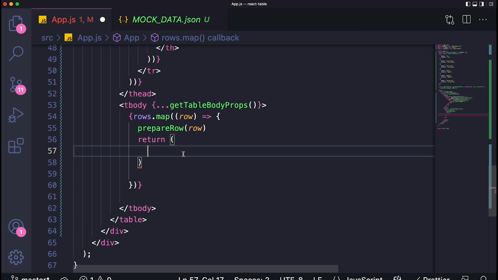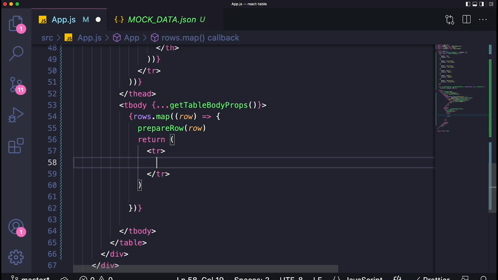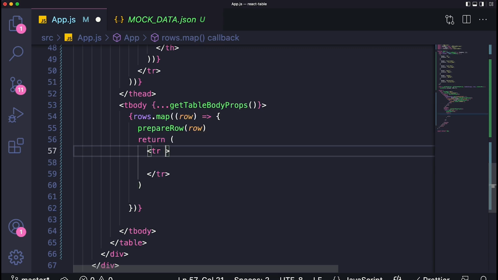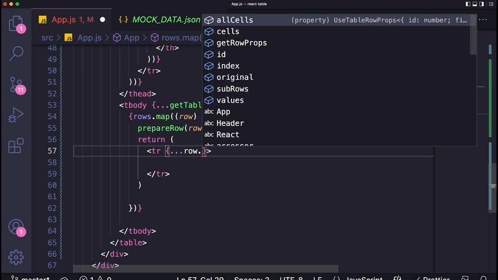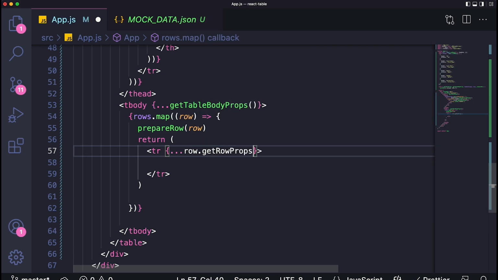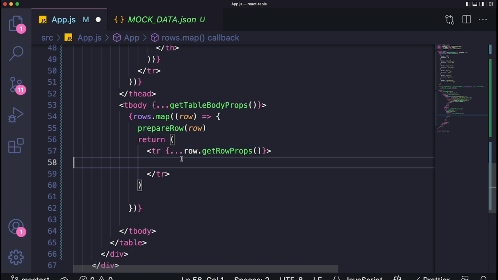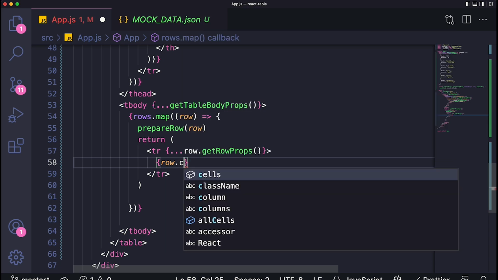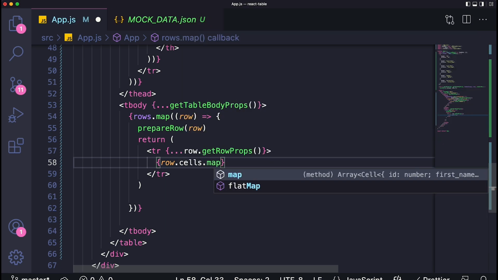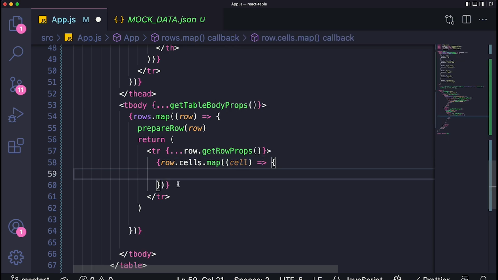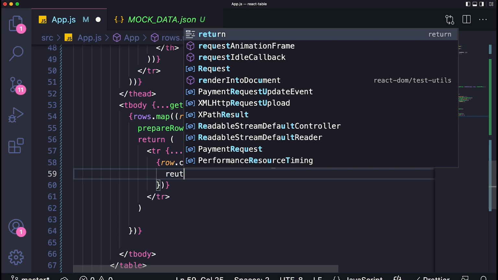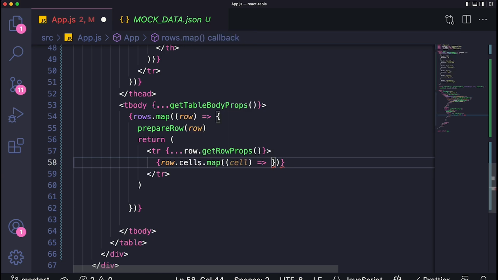And what we're going to return is a tr, right, a table row. And over here, in each tr, you do have to get the props. So how do we get the props? Well, you just say row.get row props, just like this. Then inside of here, we have to get each row, look for their cells, and loop through each of them to get their specific cells. And for each cell, we're just going to return, right? Or we don't even have to return it like this. We can just return it